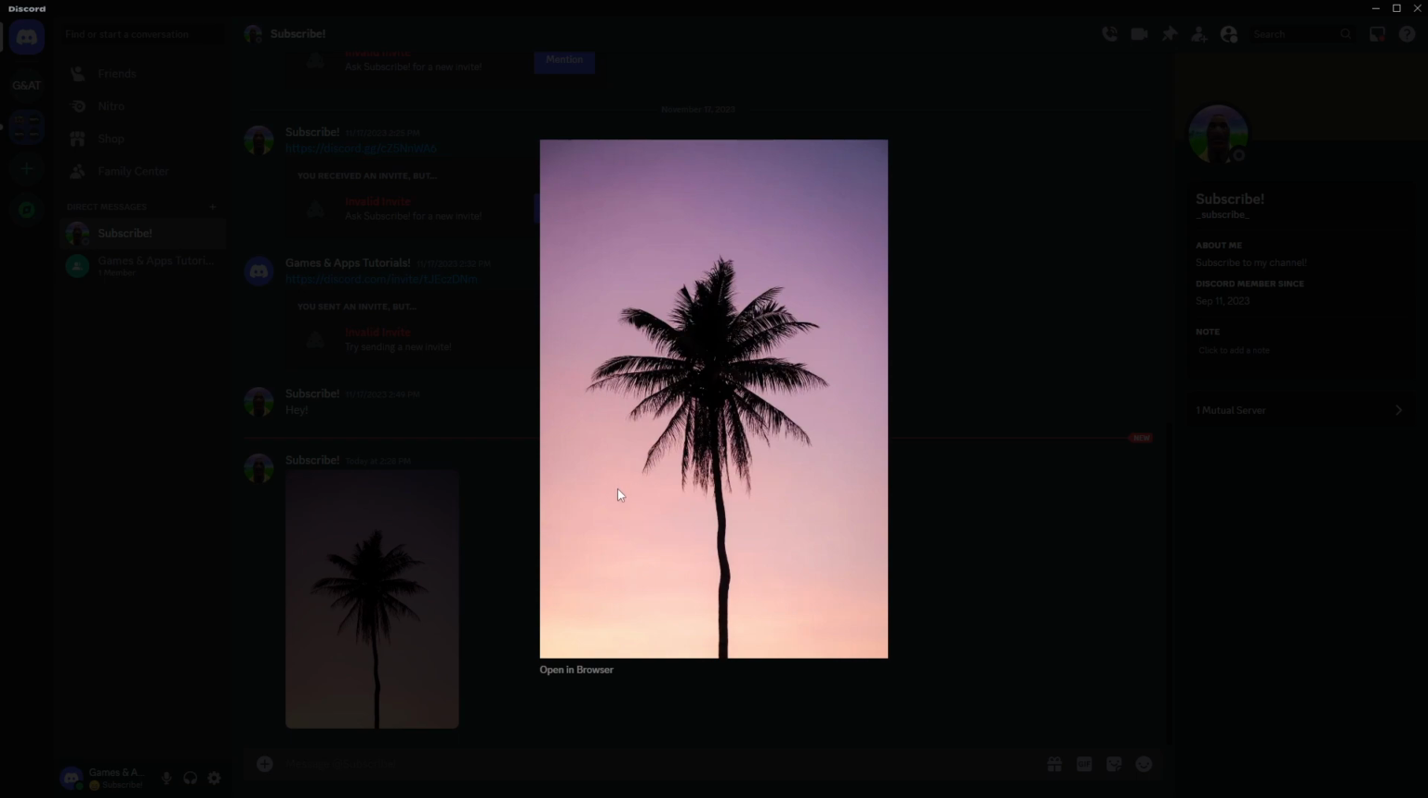In order to do so, all you need to do is open the image in the browser, and in order to do that you can find the text over here. If you click on open in browser over here in the bottom left corner of the image, then you will open it as it says in the browser, but the quality and the resolution of this image should be the